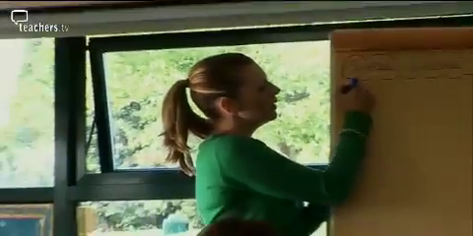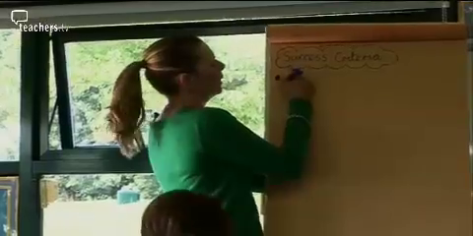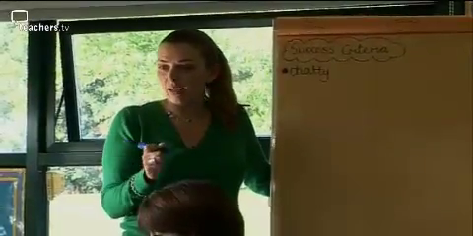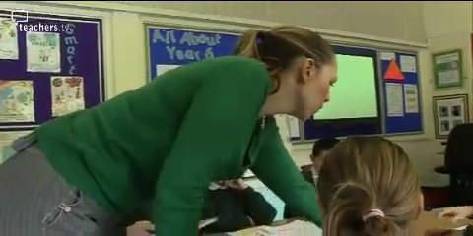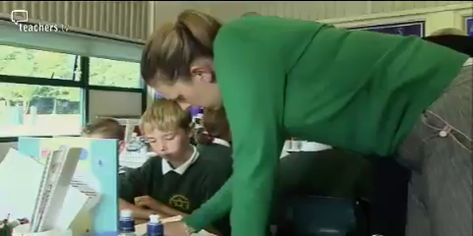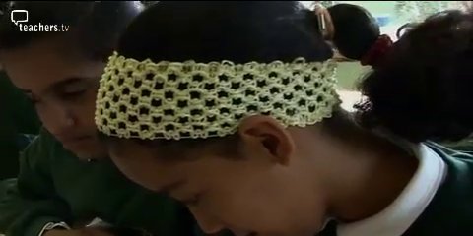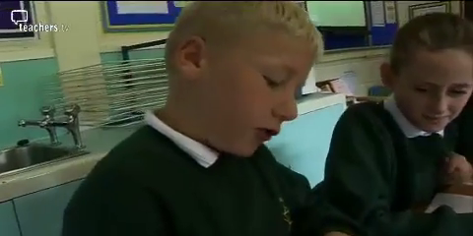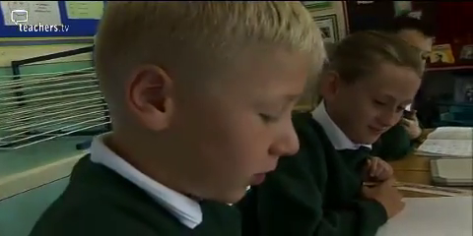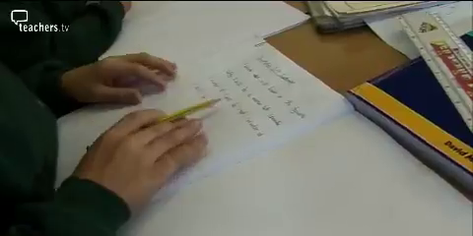If I was doing the writing, what would I need to make sure I do? Rachel? Use a chatty style. Right, okay, so one way to do that is by saying hello at the beginning. In this lesson, I'm working with children who are from the lower ability group, but they are paired with children who are from higher ability groups, so that if I can't work with them all at the same time, they've got somebody who can support them if necessary. And I've done that as well, and then now I wonder what will happen in the future. I will be a marine life specialist because that's what I really want to be when